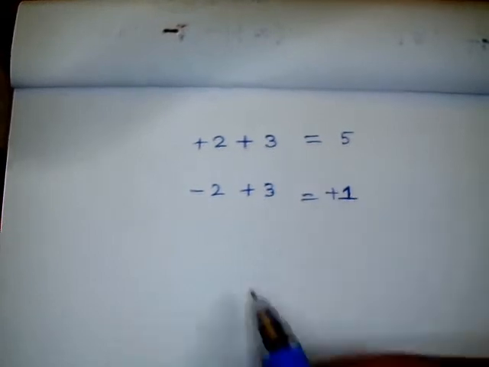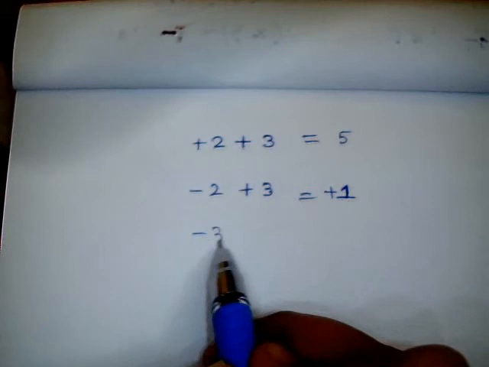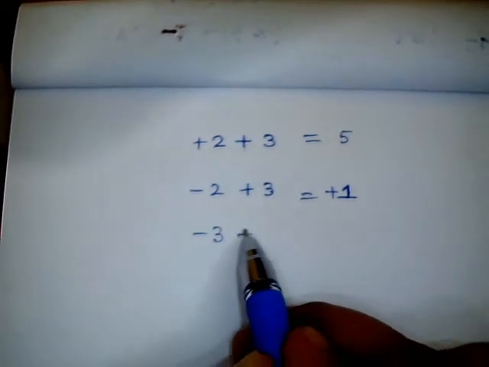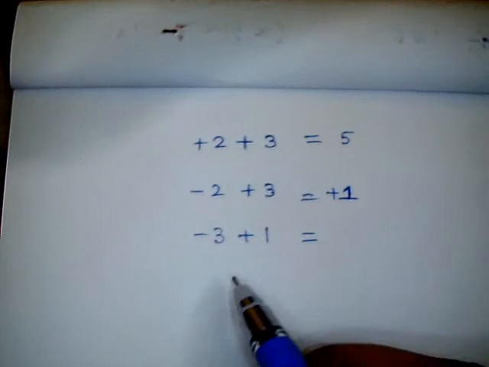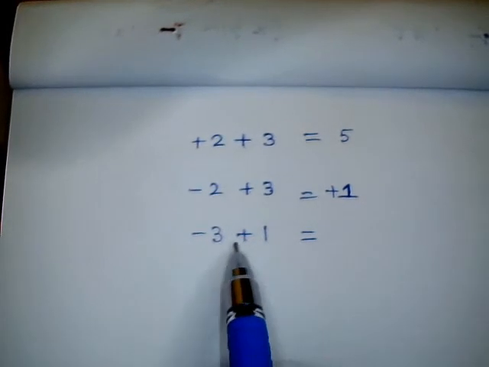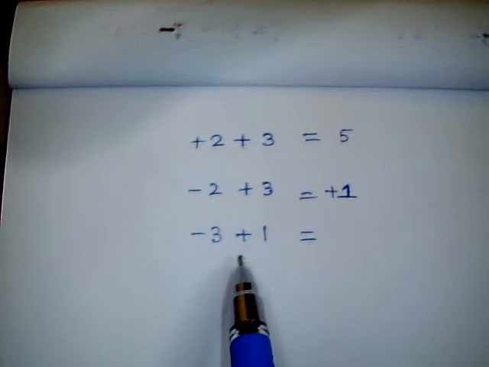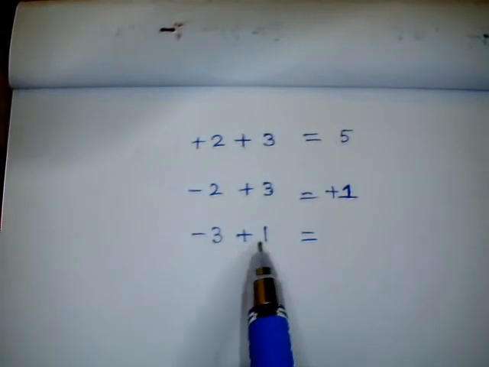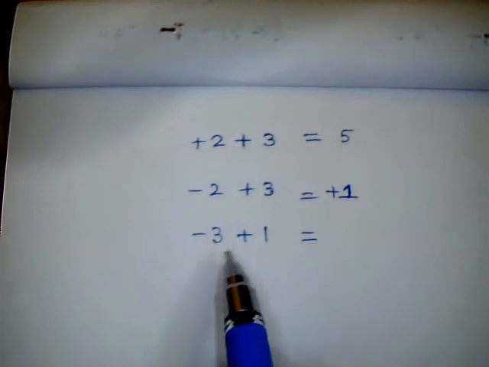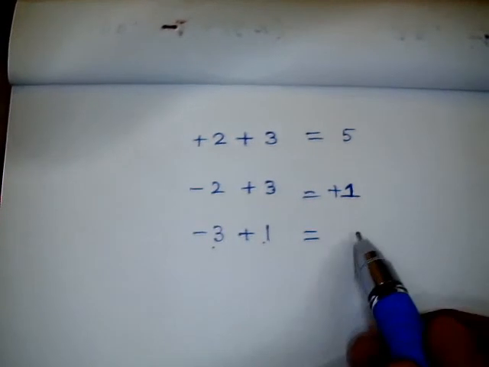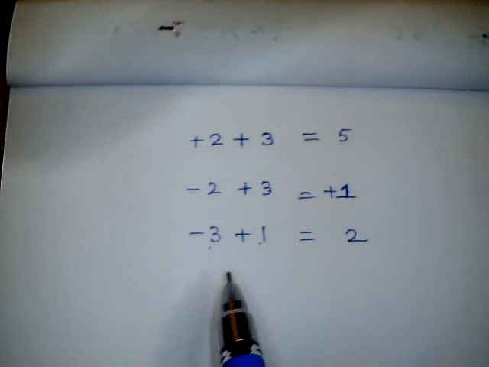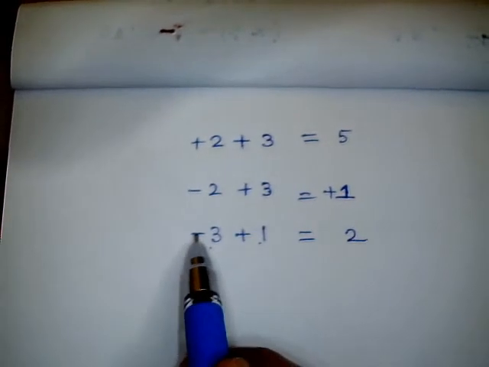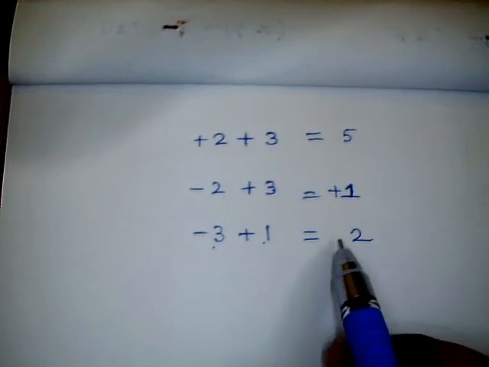Like suppose here negative 3 is written and another number is positive 1. So here one is a negative number and one is a positive number, so subtraction will happen. From the greater you subtract the smaller one without considering the sign, so 3 and 1, I have subtracted, it is going to become 2. Now which part is greater? This part is greater and that is negative, so the part which is left out is going to be negative.